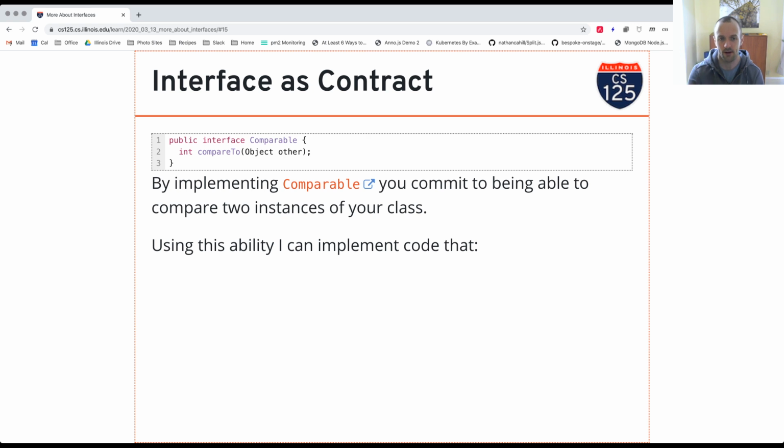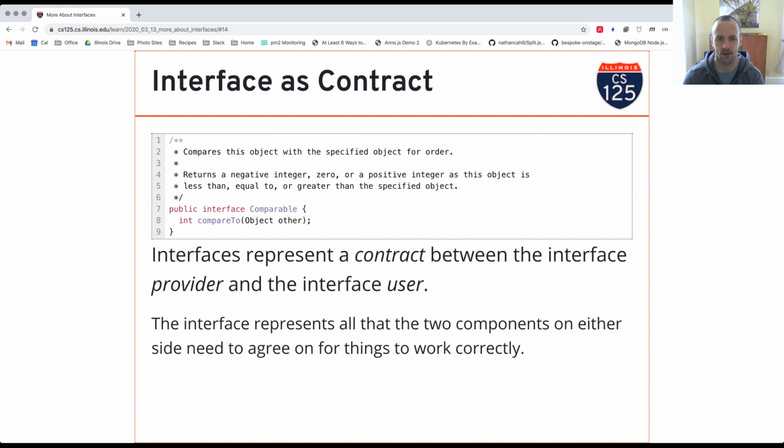If you implement Comparable, what you have to do, and let me go back and show this again, is implement a single function called compareTo. That function takes an object reference as an argument, and it returns an integer that indicates the order in which these two objects should be put. So I take one instance of your object, I call compareTo on it, and I compare it with something else. And your class is supposed to say it's a negative integer, 0, or positive integer, depending on which one goes